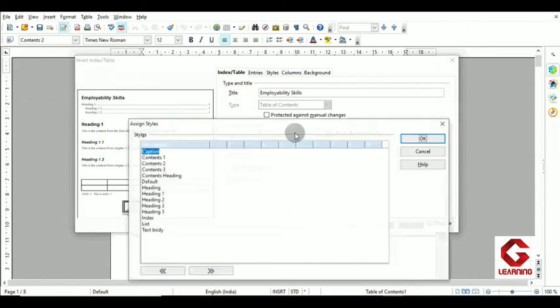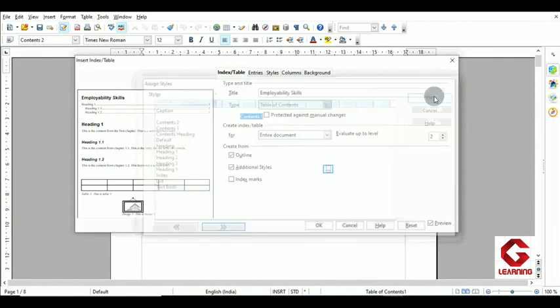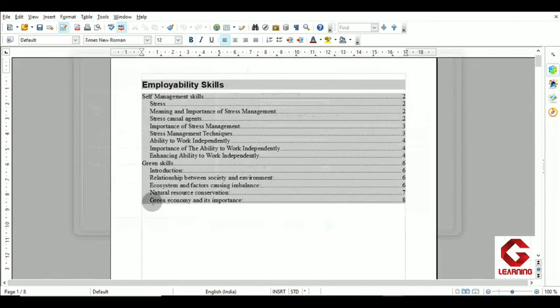Click on this option, and thereafter as I want to mention that topic also in my table of contents, and I applied contents 1 style on that topic, I have to select that style from here, and then I have to use this option. Now on which level do I want it? On my first level chapter names are there, and on my second level topics are there. As I want topics on my second level, I have to click this one, and this style I have now brought to the second place. Thereafter I click on the OK option, and then OK again. Now you can see that green economy and its importance is now visible in the table of contents.